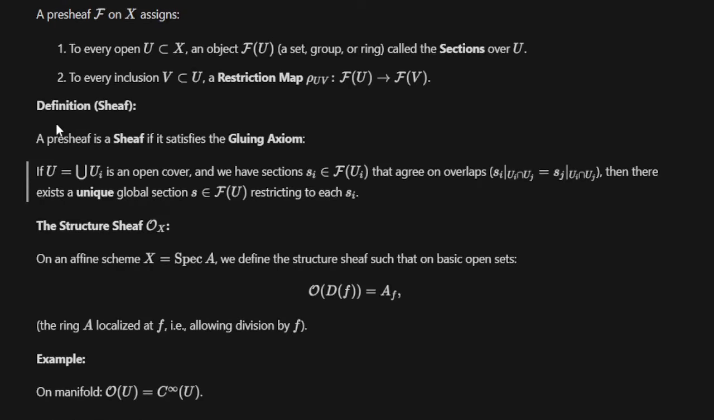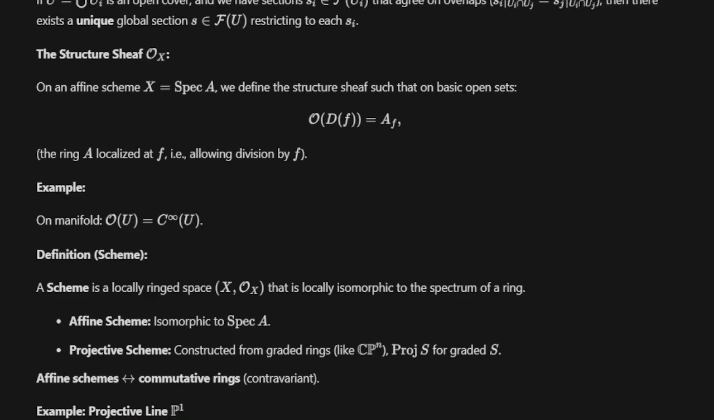So if the open set equals the union over all of the individual open sets indexed, and it is an open cover, we have sections in the presheaf that agree on overlaps. Okay. Then there exists a unique global section in the presheaf restricting to each section. Okay. Now, if we look at the structure sheaf,